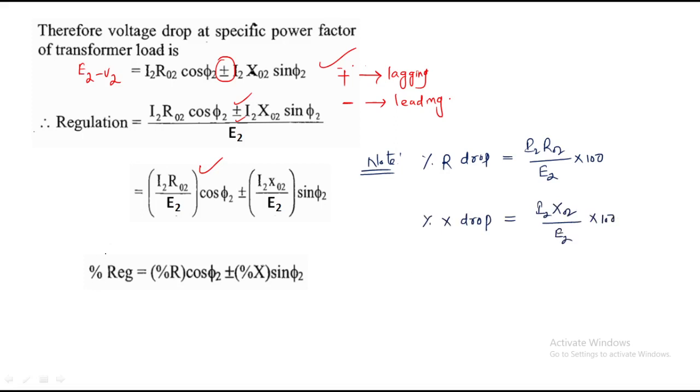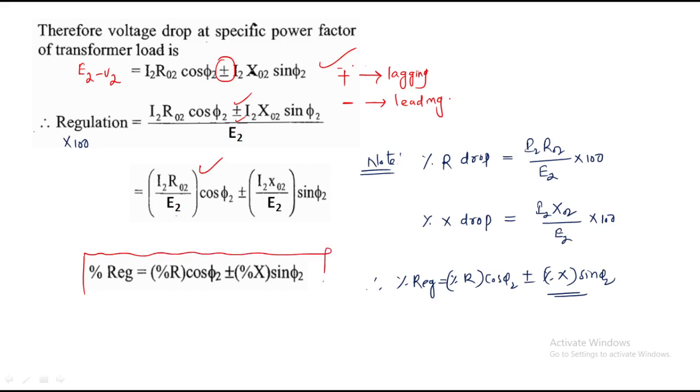Therefore percentage regulation, multiplied by 100, is equal to percentage resistance drop into cos phi 2 plus or minus percentage reactance drop into sin phi 2. This is a very important formula, all of you